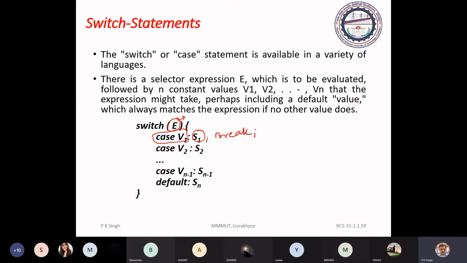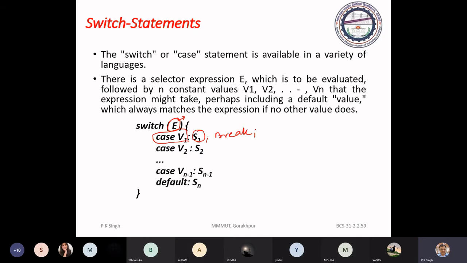Break means that after executing the statement list S1, control will get out of the scope of this switch case.